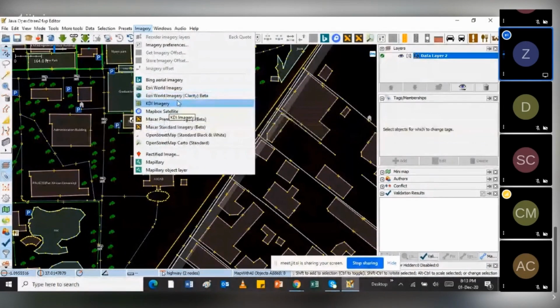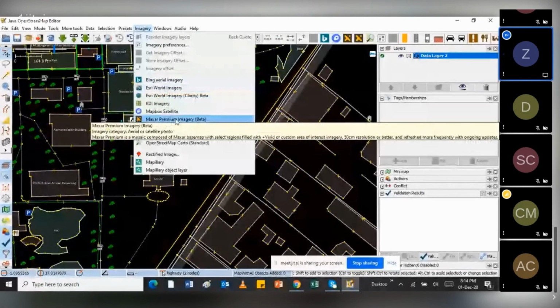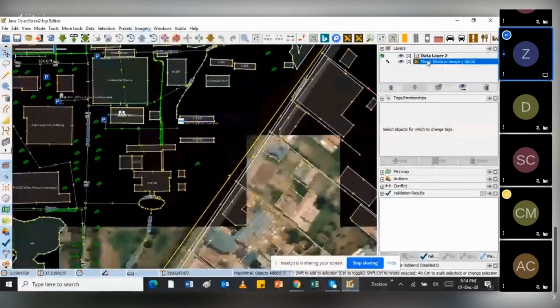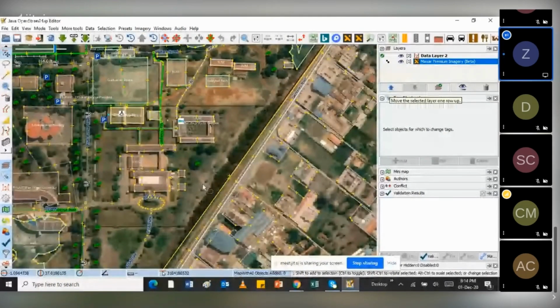So there's Bing, there's Esri. In this case, I'll just choose Maxar. Again, layer panel. So now I have the data that I've downloaded and also have imagery.